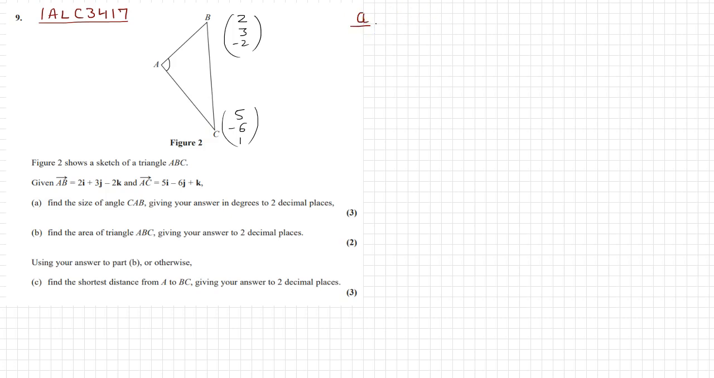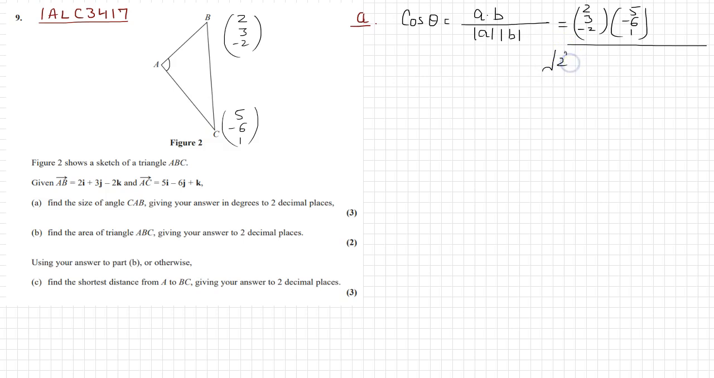This is part A. So we know that cos theta is equal to A dot B over modulus of A and modulus of B. So that is equal to, this is A, 2, 3, minus 2, and this is B, 5, minus 6, 1, divided by